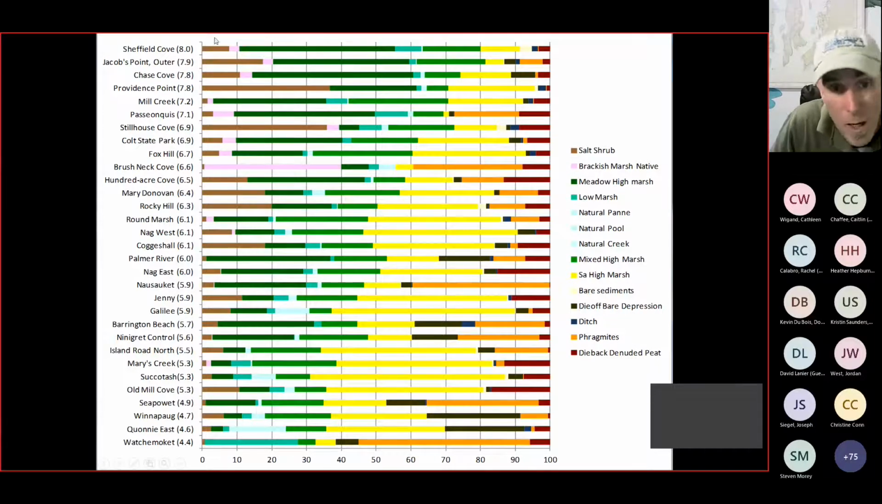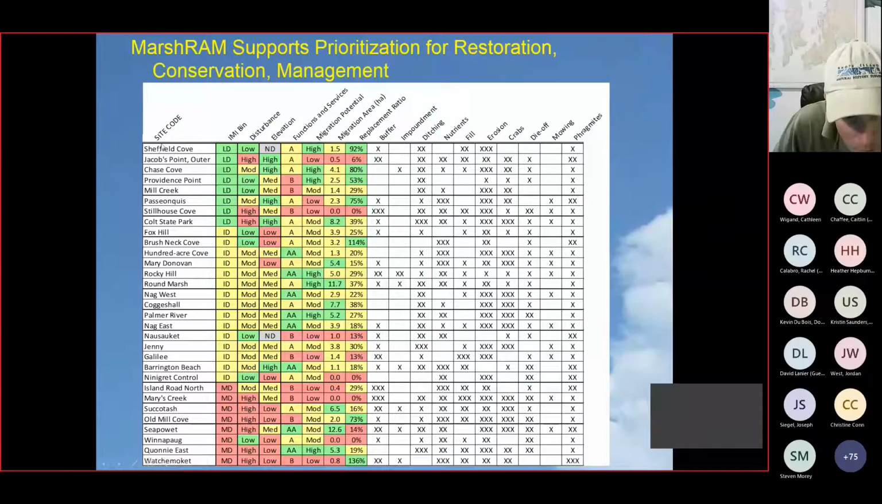So then if we take this upper quartile and this lower quartile and put them into categories, here's that same list, right? Here's Sheffield Cove, here's Quaney East, and we also categorize everything else that's in Marshram, all these other things. We can say, okay, Sheffield Cove is least degraded. It has average functions and services, high migration potential, and issues are, there's a big erosion issue, and some fill